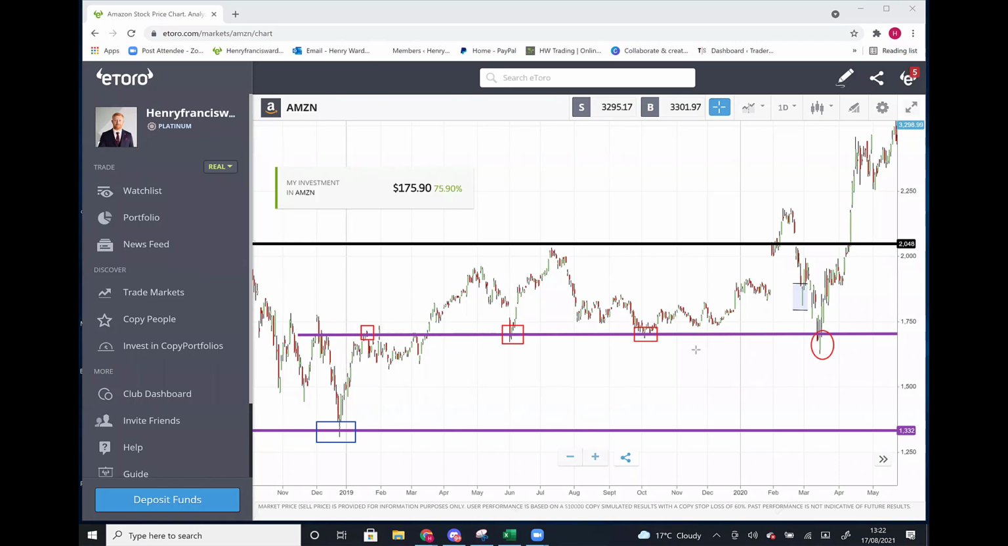Okay, so again, we have to make sure we know the difference between hard and soft levels. So for me, this is a semi decent level. I would take a trade there, absolutely. I may have got stopped out and then it went. So we have to make sure that we're looking at the correct things. We're looking at the market structure, because